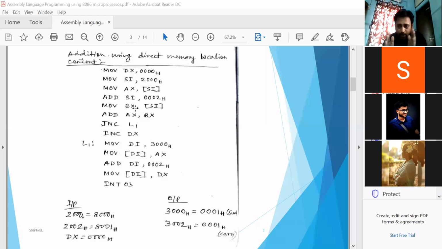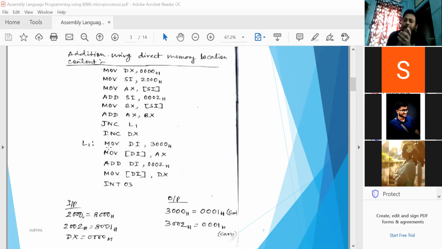Now we need to add them using the add instruction, which is ADD AX, BX. After addition, you need to check whether any carry is generated or not. That's why JNC L1 is given. If there is no carry, you just store this result into the specified memory location. Now where do I need to store it? Into the destination.